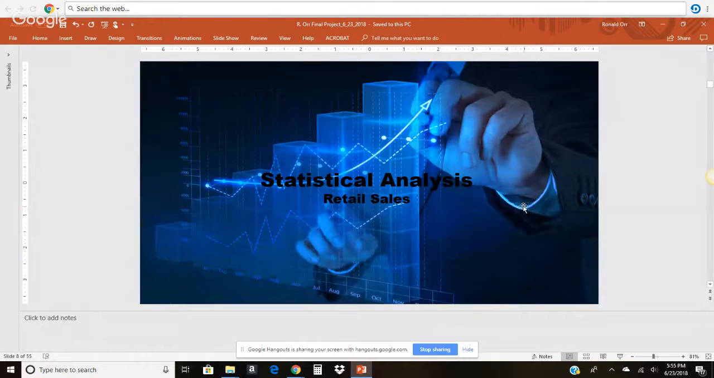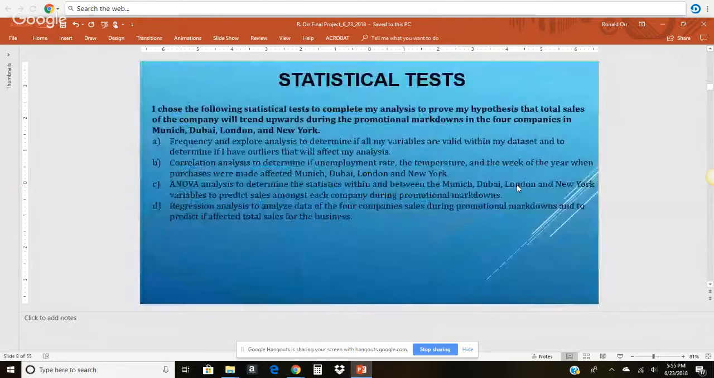So let's talk a little bit about the actual analysis I did before I get into recommendations. I chose the following tests to complete my analysis to prove my hypothesis that sales of the company will trend upward during the promotional markdowns in the 4 companies. Frequency and explore analysis to determine if all my variables are valid within my data set